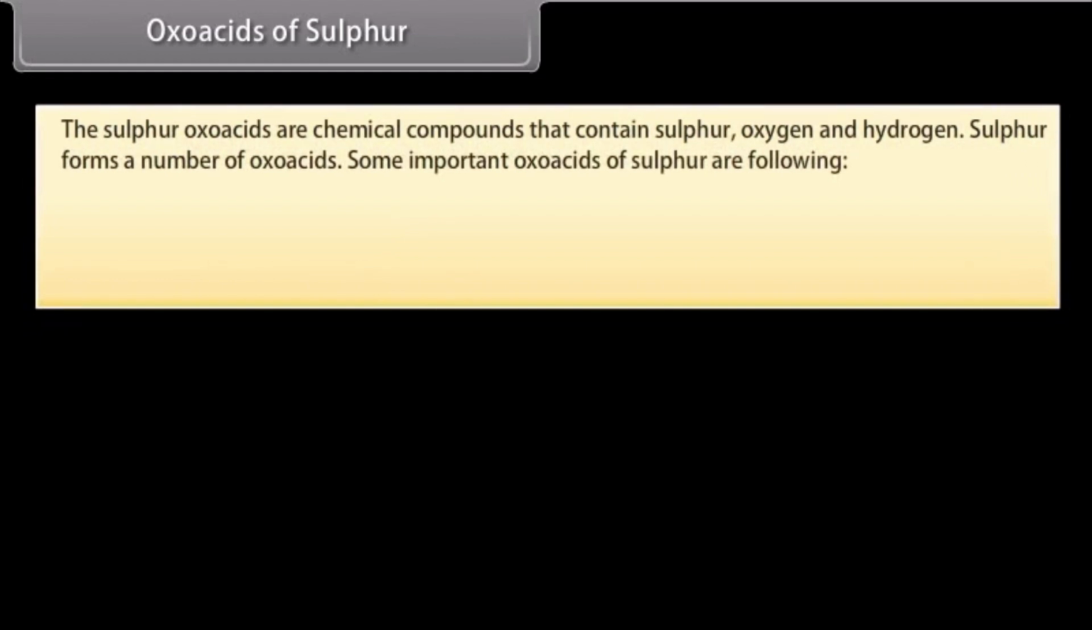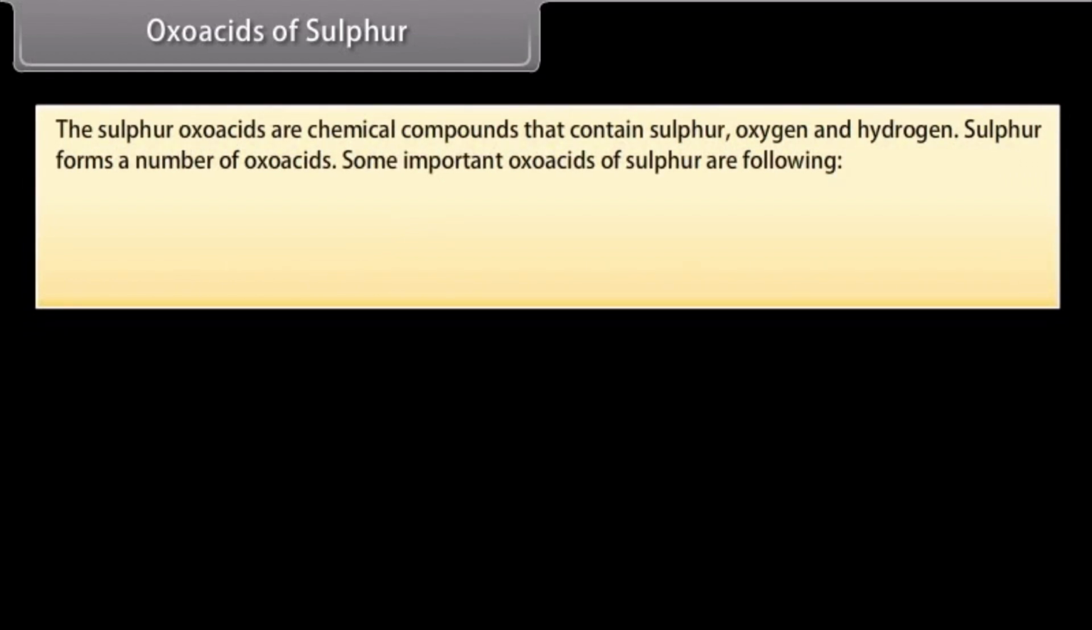Oxoacids of sulfur. The sulfur oxoacids are chemical compounds that contain sulfur, oxygen, and hydrogen. Sulfur forms a number of oxoacids. Some important oxoacids of sulfur are the following: